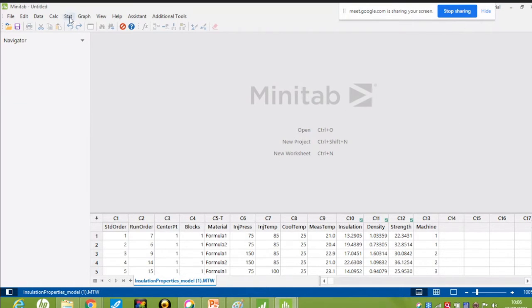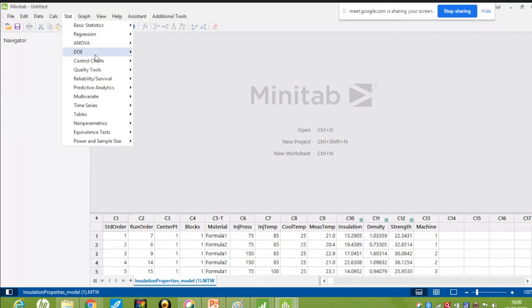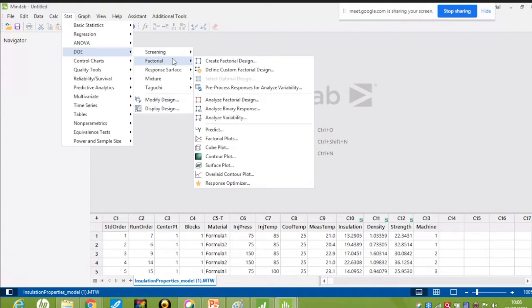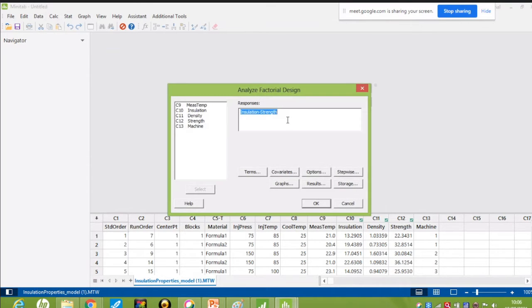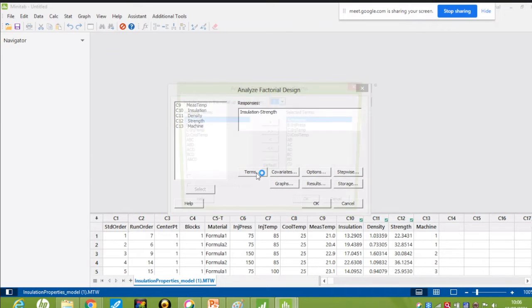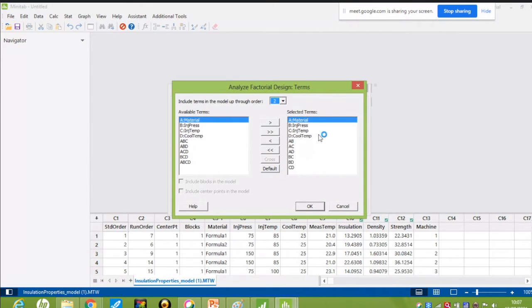For this example, we go to Stat, DOE, Factorial and Analyze Factorial Design. Your insulation strength terms, we have selected these terms.